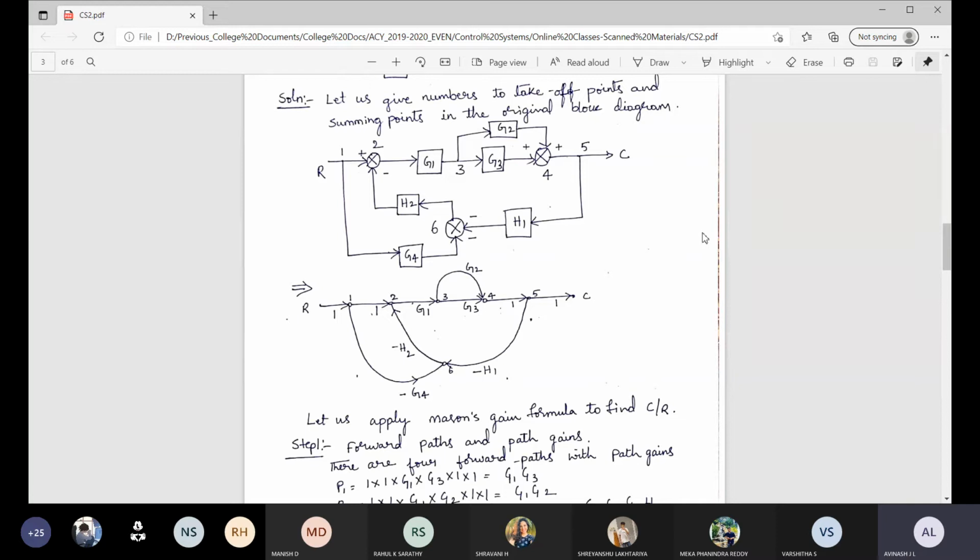So once you give the numbers, once again I want you to write the block diagram and give the numbering. From the beginning R to C, just write the numbers correspondingly: 1, 2, 3, 4, 5. And below, in the second row, it is 6, so mark it somewhere near that. After that, give the correct connections as per the observation. Do you have any doubt in this particular block diagram conversion to a signal flow graph?